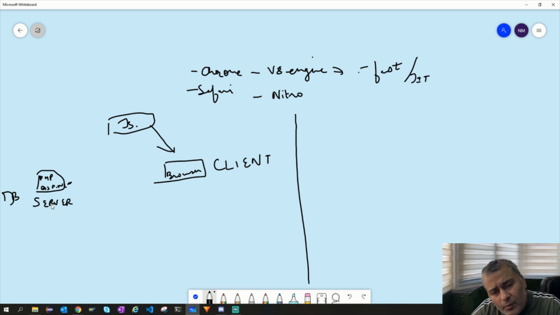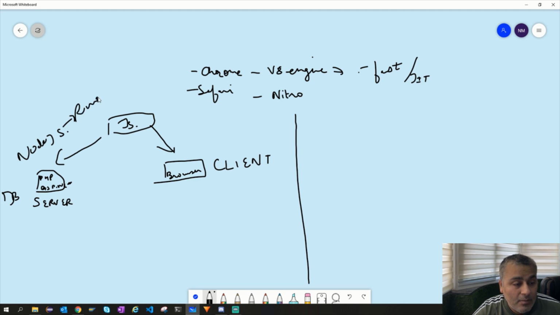Given the popularity JavaScript had in the open source world on the client side, supported by the V8 engine, they thought, why can't we use JavaScript on the server side also? Why can't we have a runtime which interprets our JavaScript, can talk to the database, and create APIs which can be consumed by the browser? That is where Node.js comes into the picture. Node.js is nothing but a runtime environment.